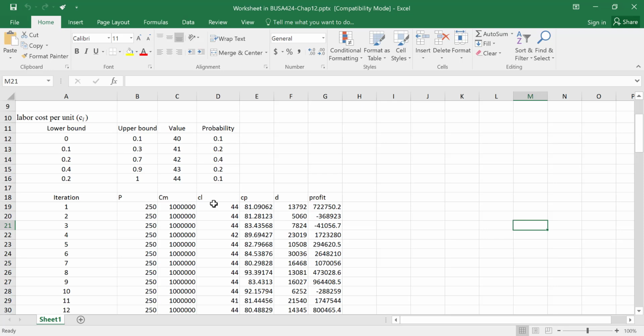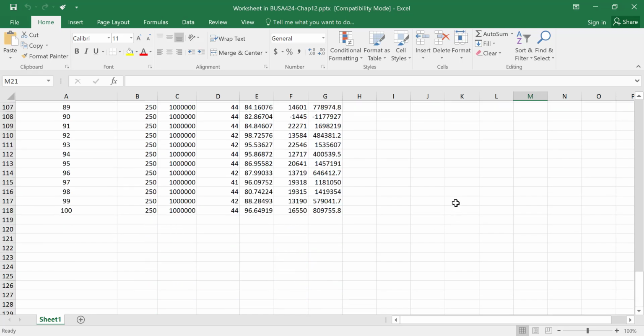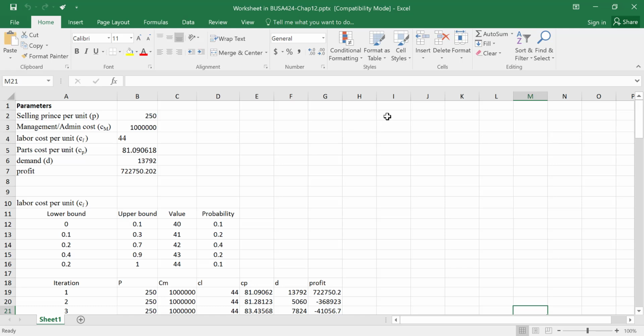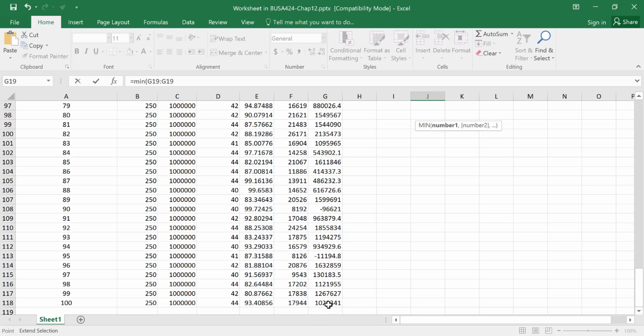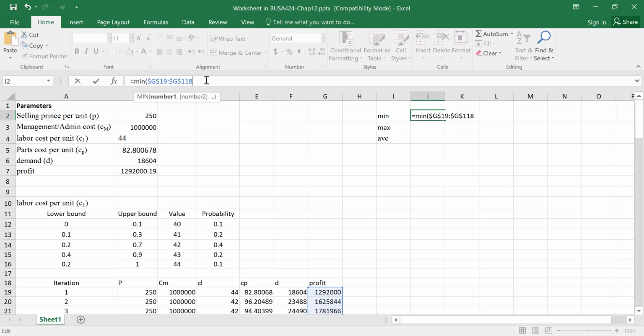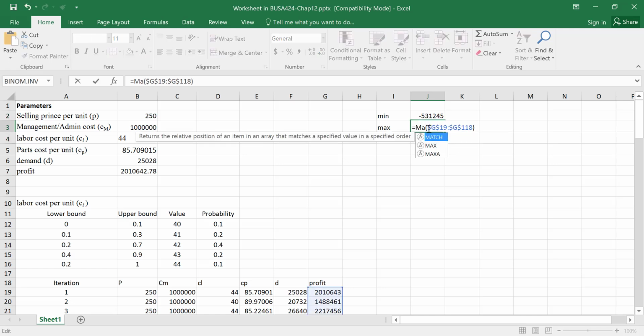So this was the file that we just worked on, and it has 100 replications. So let's do the minimum, maximum, average. The minimum value, we know the function that we can use is MIN, and the range of the numbers that we have is this much, so we can use the dollar sign for all of this. So then this is a minimum, then the maximum is the MAX function,